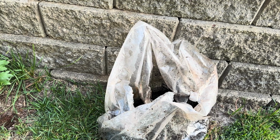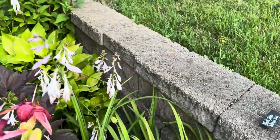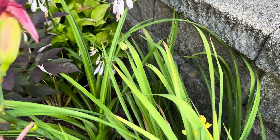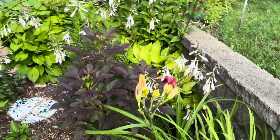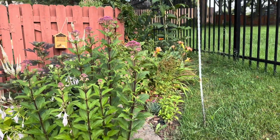aphids. And of course, I can't resist while I'm here to deadhead things, deadhead the daylily, which is looking really pretty. I love these red blooms, and I love this continuation of the same color here. The red of the daylily, the hibiscus, Joe Pye weed, and then so right where this weather vane is, I